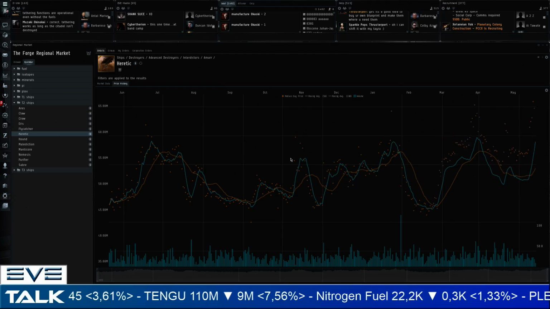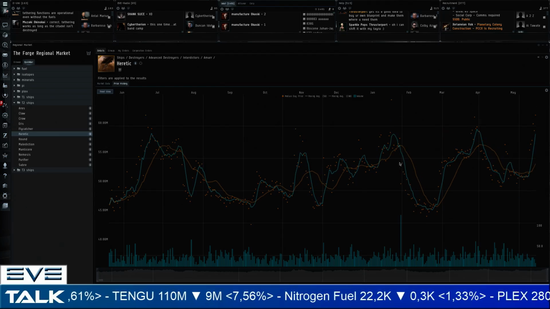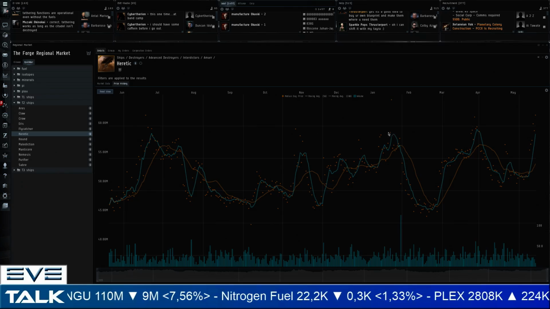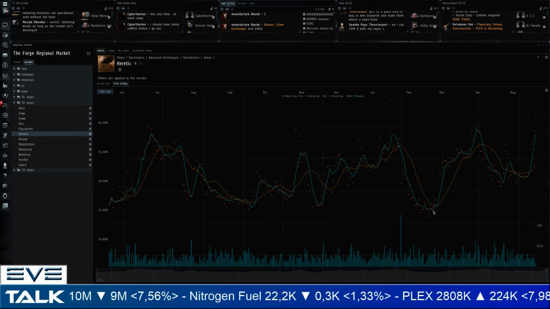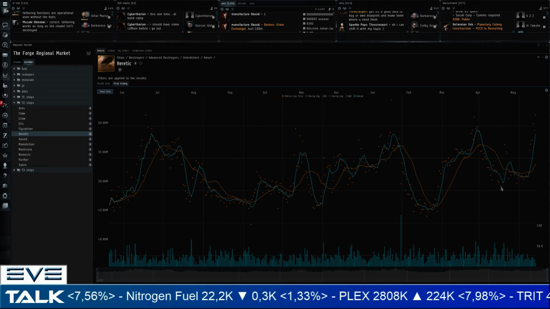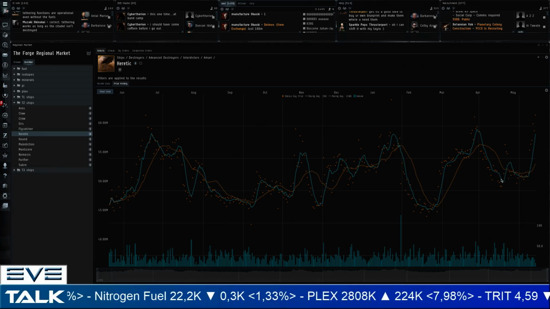The heretics next, that is good, that is really good. Look at that, January peak up here, up to 60 million, definitely. Then we drop back down to 45 million. In April, another peak up to 60 million. We drop back down, unfortunately 49 million. We'd like to see it lower, but you know, for